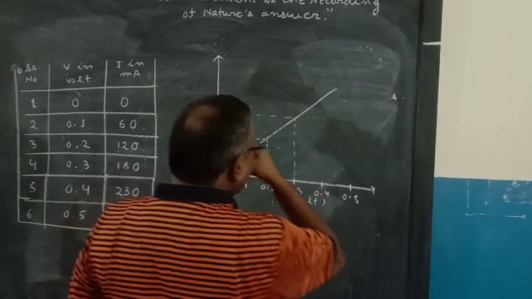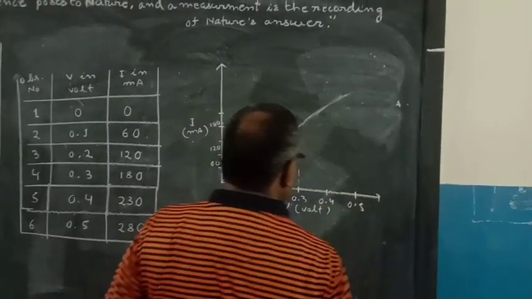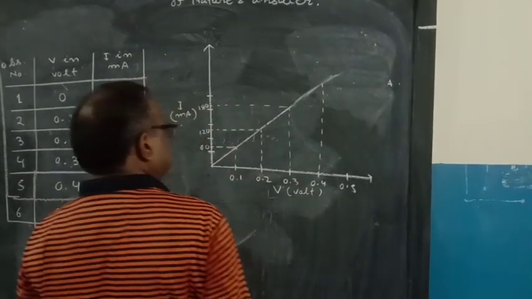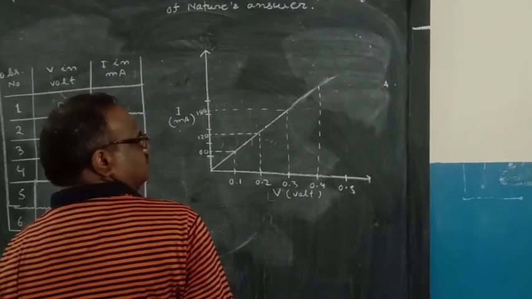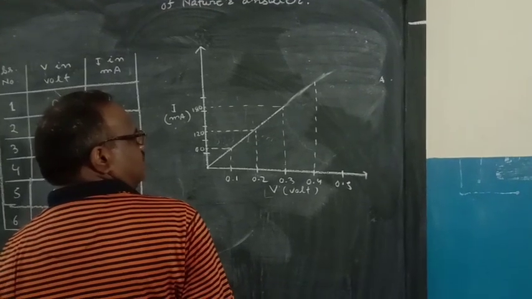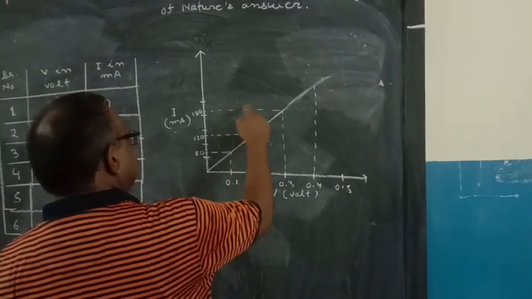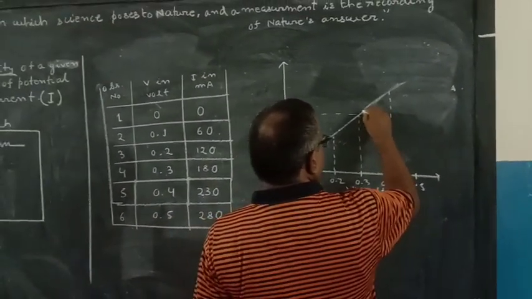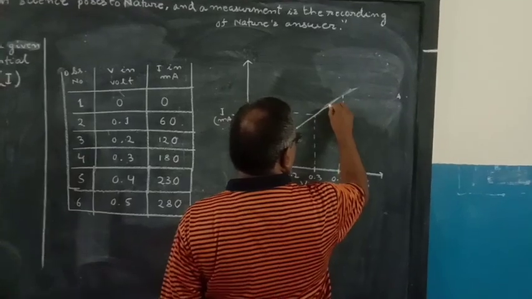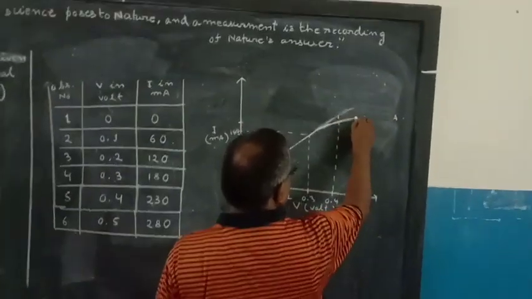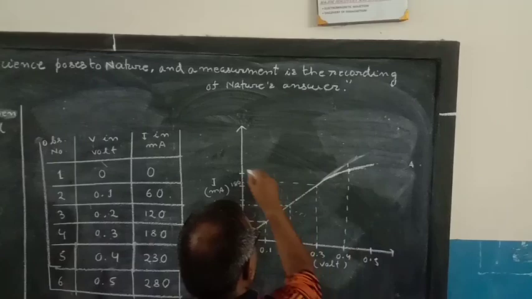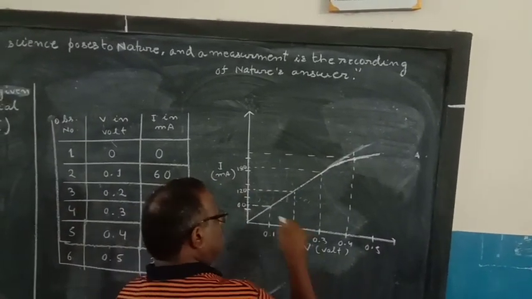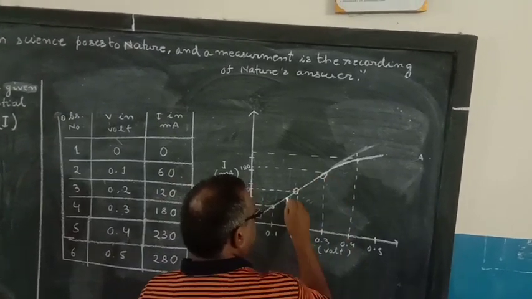But here you see, after that, when I am taking 0.4, then it will be slightly decreasing. You see the gap is decreasing here. It means the graph is looking like this. Yes, it's a graph. After that, slightly. Actually, this type of thing is happening. So when you are determining, you take the maximum number of points and take the slope of this.